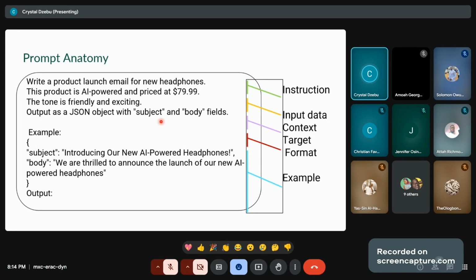Okay, so let's come to prompt anatomy. Meaning that it's more or less like human anatomy. A human being has several parts. So, a prompt also has several parts. You don't just ask questions anyhow. There are certain things that have to be in the prompt that are very important that we want to look at. Number one,